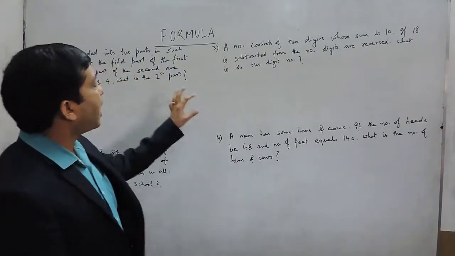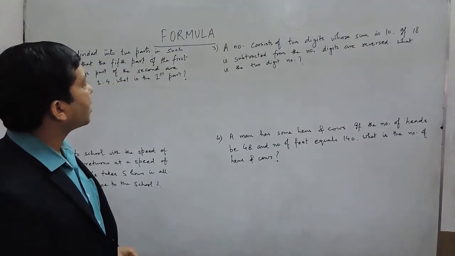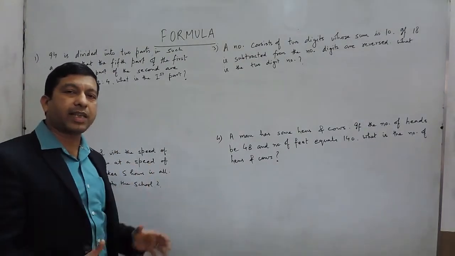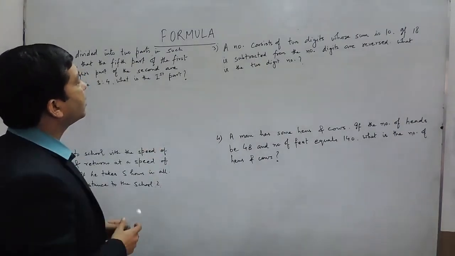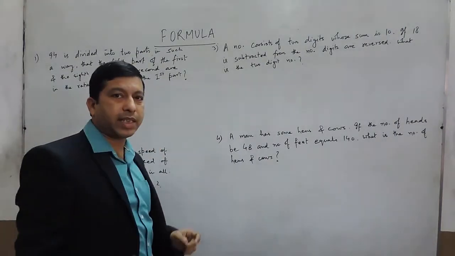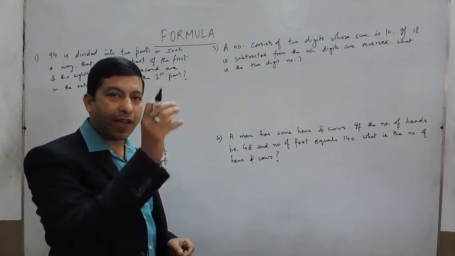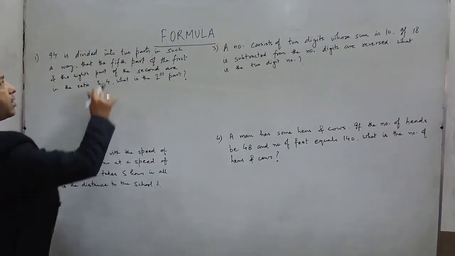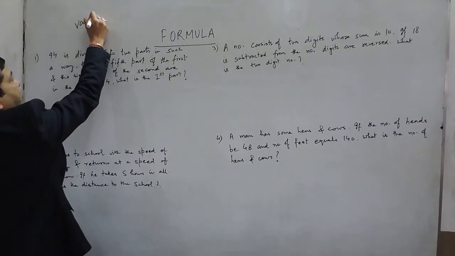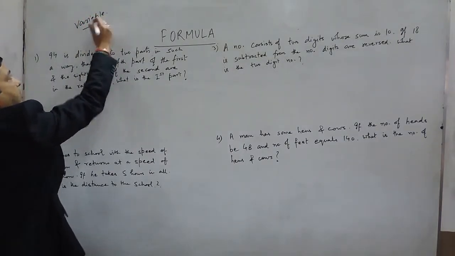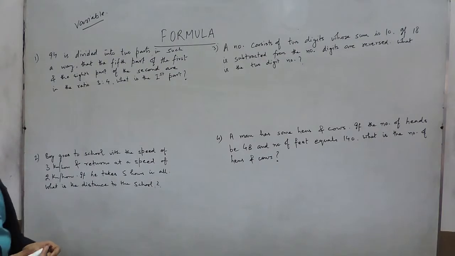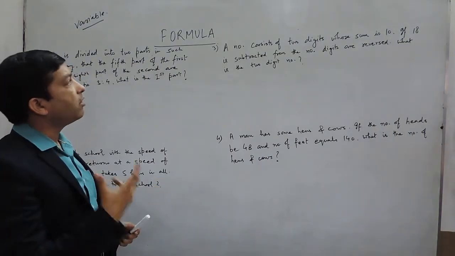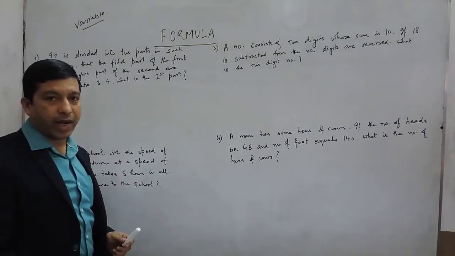Hello everyone. As in the first part, we already told what exactly the formula is. In this, we can say the formula is the algebraic expression to evaluate a question. And when we are saying evaluate, that means to find the value of the variable term. Because every mathematical question has some constant numbers and some variables which we have to find out.